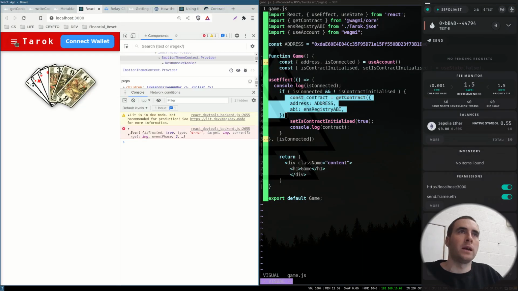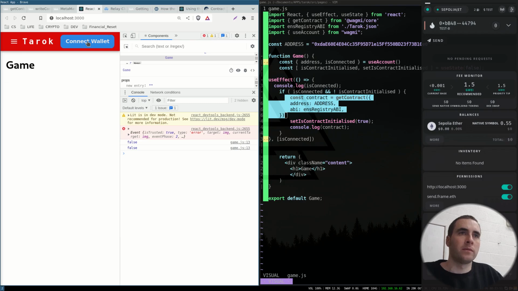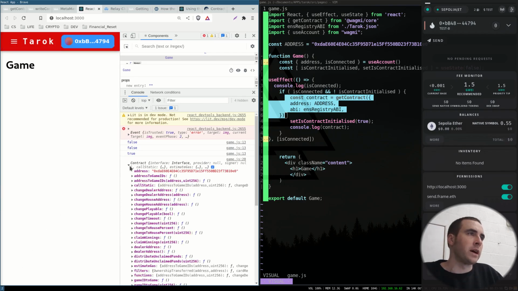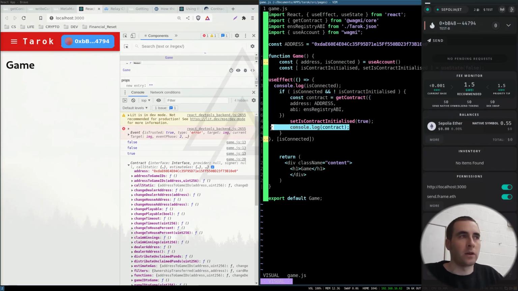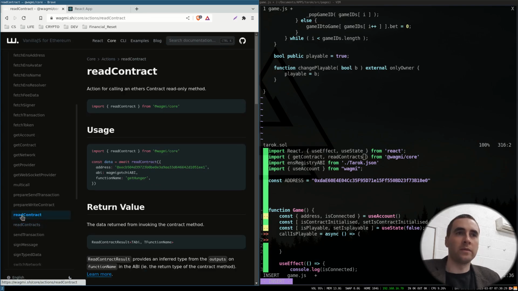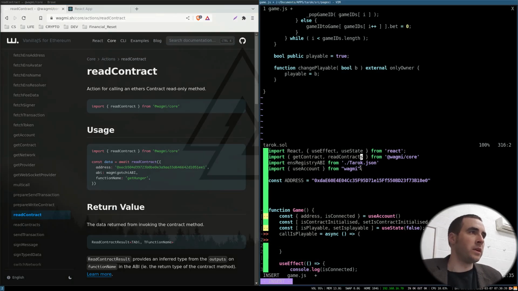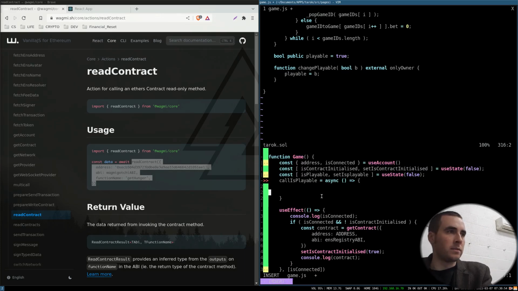So play connect wallet, and there I printed out the contract object. So now the contract object is available to start calling functions on the smart contract. One of the actions in the wagmi library is read contract. So make sure you import the read function, and then take that example there,